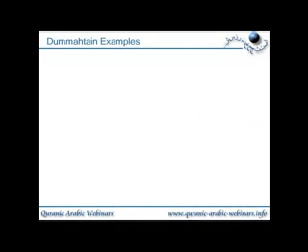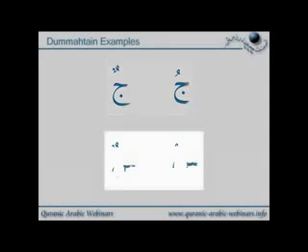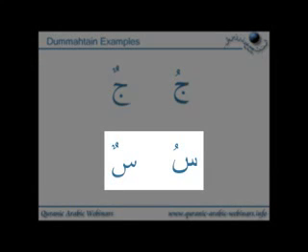Some examples then of dhammatain. Just a little practice about the sound. Here we have the letter Jim with the dhamma, which gives the sound Ju, and with dhammatain, and we've used the computer font version to represent this. That's the little dhamma with the hook on it. Again, that's representing two dhammas. That will give the sound of Jun. So you take the Ju, add an N sound to it, you get Jun. So that's the nunation, adding an N sound. Another example, here we have seen, so we'll have the sound of su, and if we